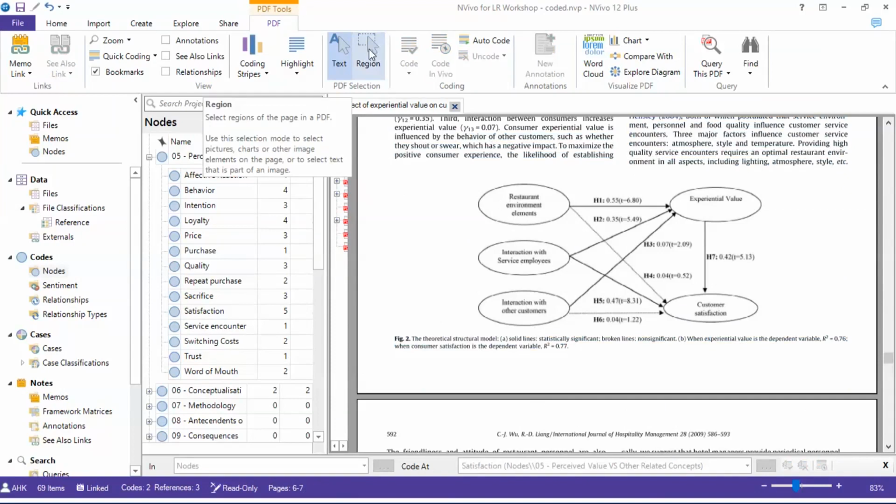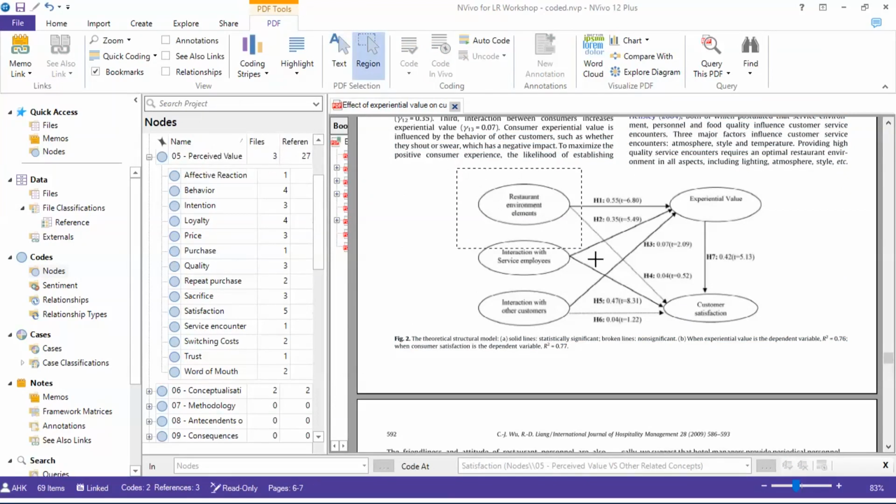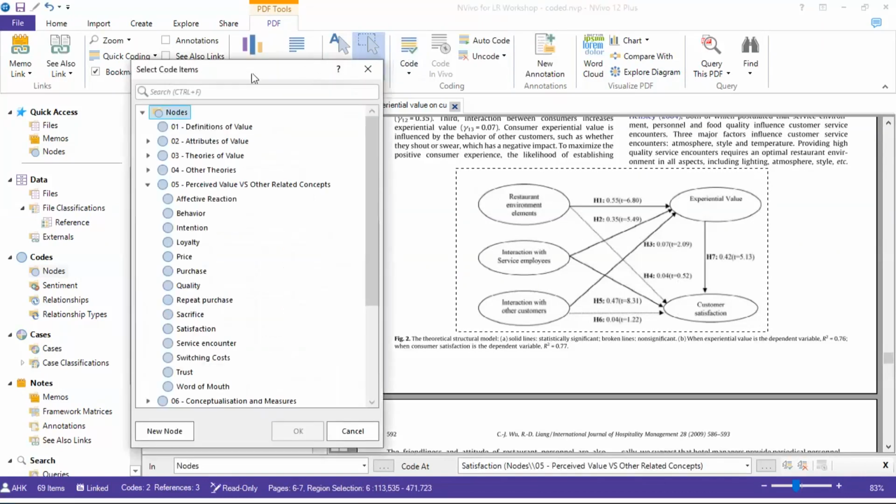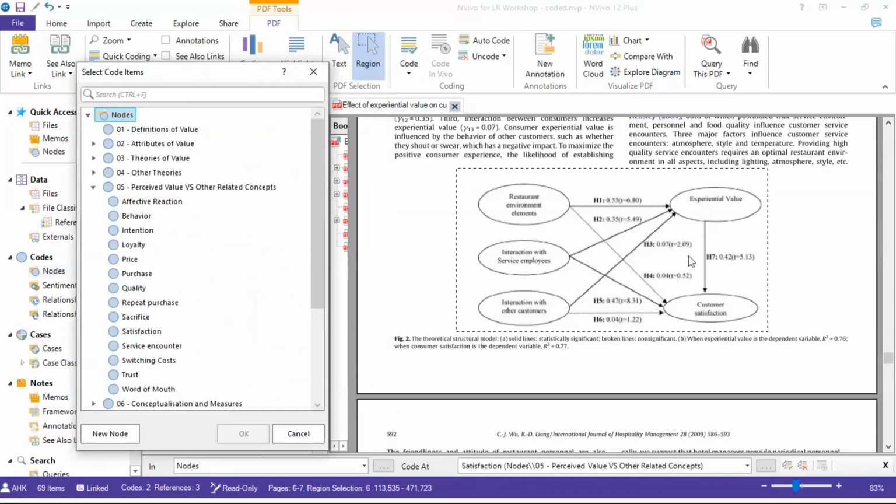right? Region. So if you want to code, let's say a picture, a diagram or whatsoever, right, which is not text, so you can use this option called region, right? Click on region. Okay. So I just highlight this, for example, diagram. So, and then I will code this diagram. So for example, right, in this diagram, diagram ni bercakap tentang beberapa konsep. For example, it talks about value,